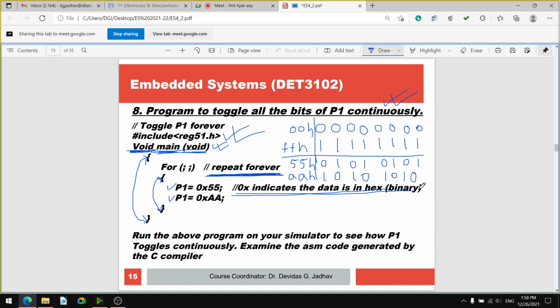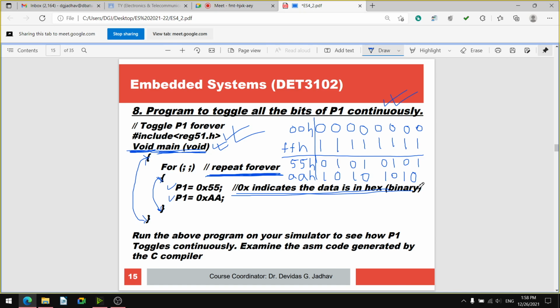In 55, wherever 0 is there, there is a 1 in AA. In 55, wherever 1 is there, there is a 0 in AA. So 55 and AA are complementing each other, complementary numbers.